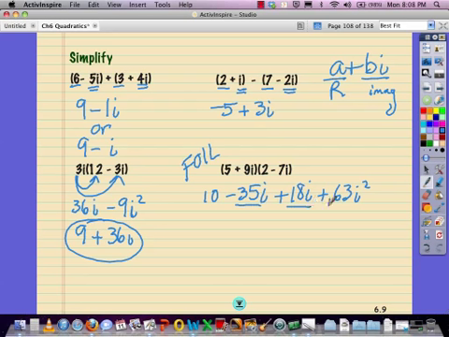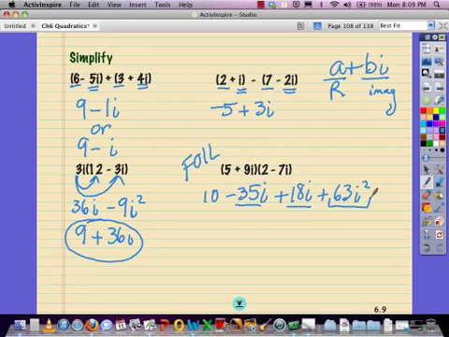Look down at the other end. We have an i squared, which we know is equivalent to something. So let's simplify and put this all together, trying to put the real part first, the imaginary part second. So down here on the end, 63i squared is better known as negative 63. And if we have 10 added to a negative 63, we would have a,